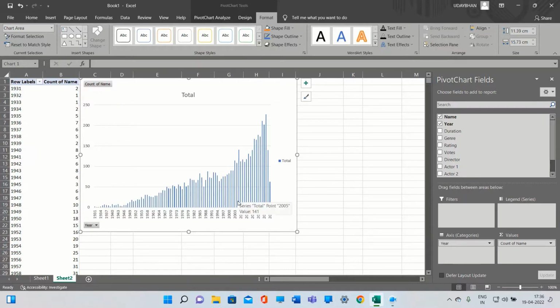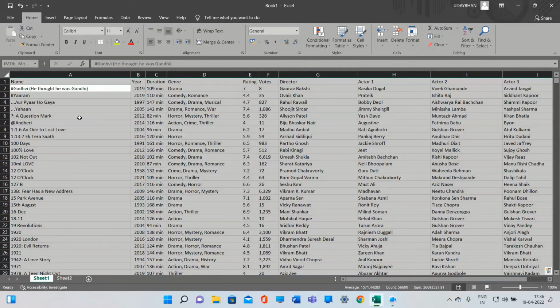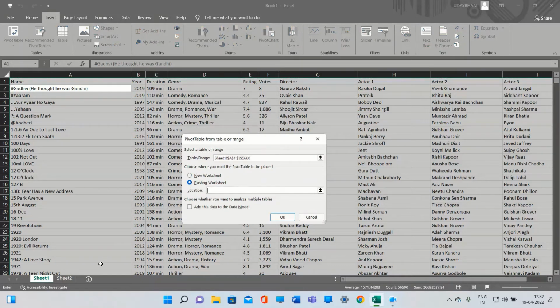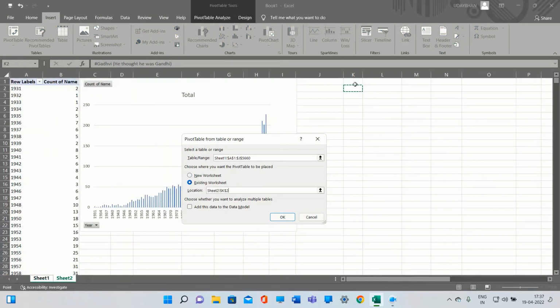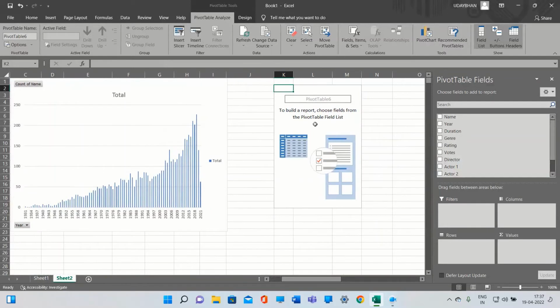The third question is, top 10 most voted movies and least voted movies. So top 10 most voted and top 10 least voted movies. For that we will go to this sheet 1 and we will go to insert, then pivot chart, then existing worksheet, then sheet 2, then again we'll click this K2 cell, then we click OK, then again